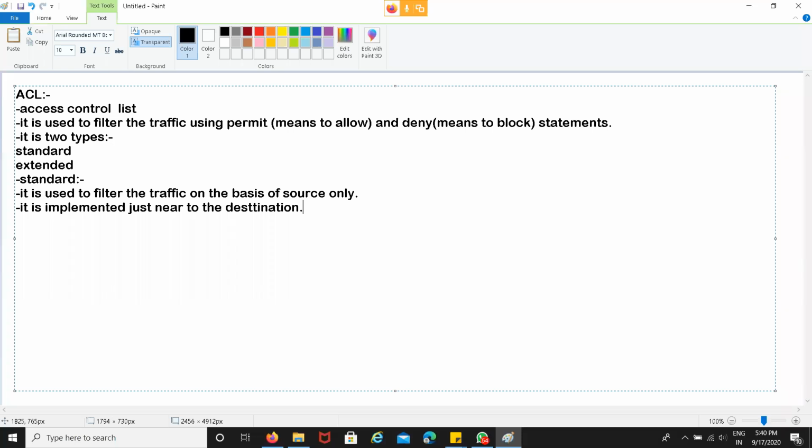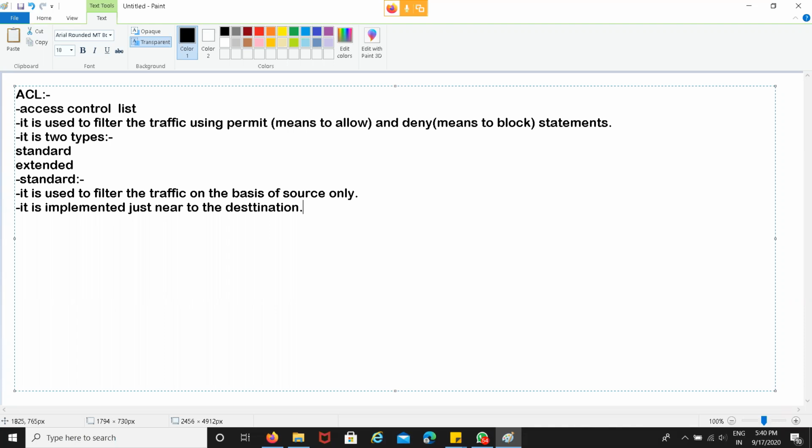Okay, so here you can see, to implement ACL over any device, there are two ways that we use to implement ACL on a router. The first one is the numbered ACL, and the second one is the named ACL. In named ACL, we have to assign the type of the ACL by using a name.